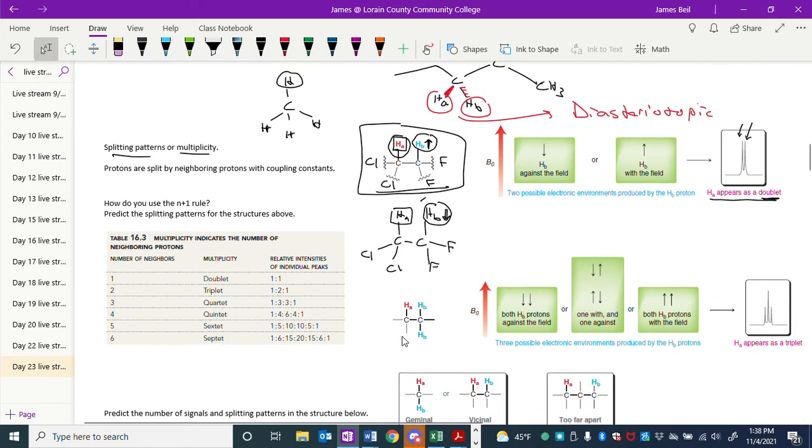So we could also imagine another scenario where instead of there only being one neighboring proton of type Hb on the neighboring carbon, neighboring hydrogen A, there's two. In this case, both hydrogen B's could be aligned against the magnetic field at any given moment. Maybe one could be aligned with and the other against, or maybe this one could be against and this one could be with, or maybe they're both aligned with the magnetic field. So there's three possibilities. And the possibility where one is with and one is against is double in probability because there's two ways to do that, right? This could be up and this down, or this could be up and this down. And there's only one possible way they could both be against or both with. And so that produces a symmetrical pattern called a triplet,